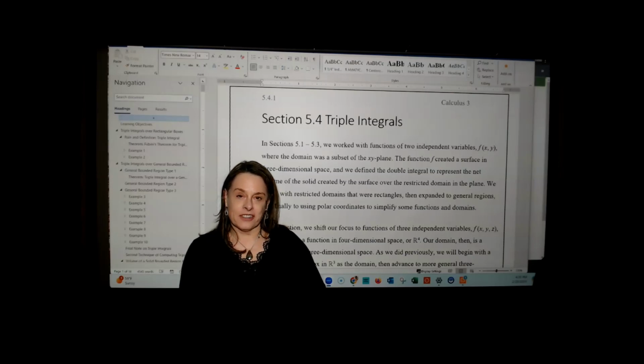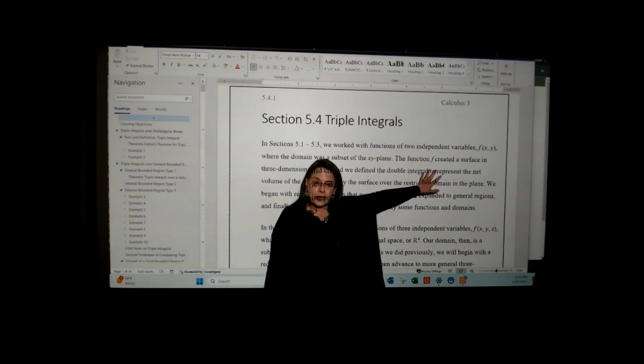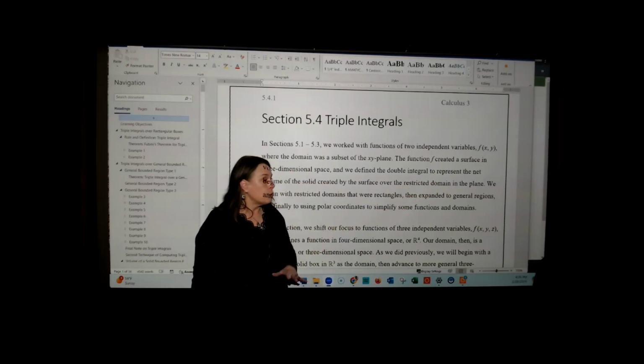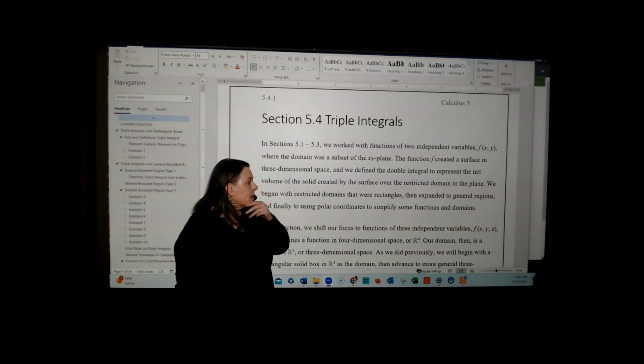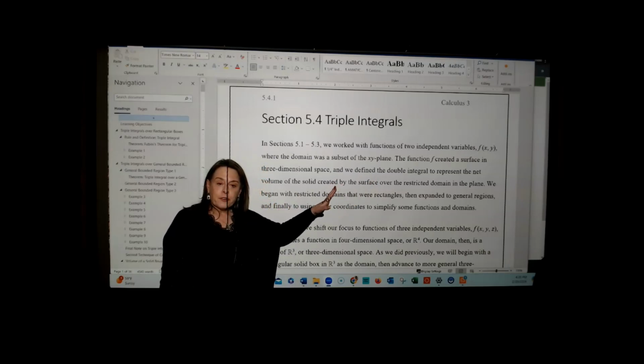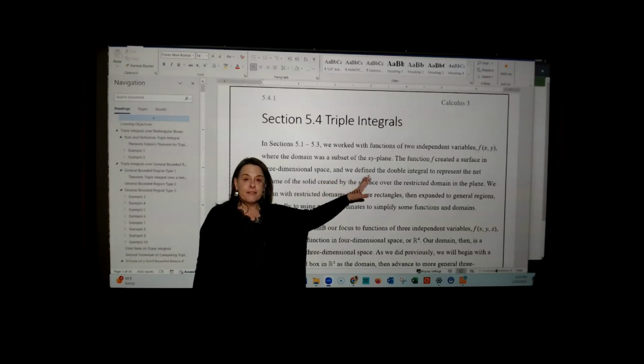We're ready to start section 5.4 on triple integrals. You'll remember that in section 5.3, we took a look at double integrals. We were working with functions of two independent variables, x and y, where the domain was a subset of the xy plane. The function f created a surface in three-dimensional space, and we defined the double integral to represent the